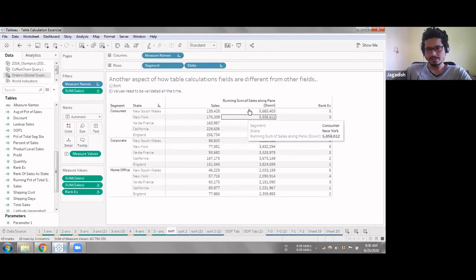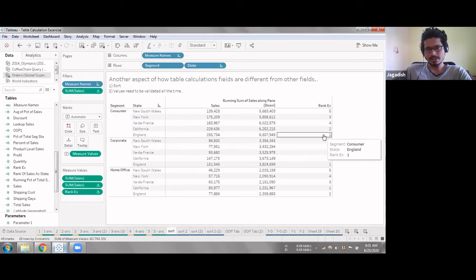The reason it's happening here is I have put a filter on the rank. There are at least 200 plus states in this data, and I'm only showing the top 5 in each segment by filtering based on the rank. I put the rank table calculation filter here, filtering only for top 5.